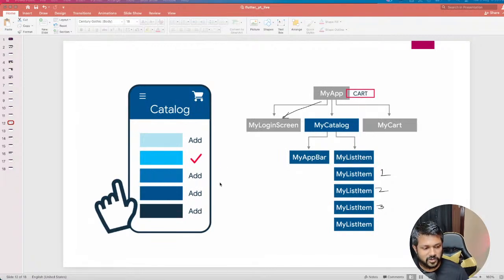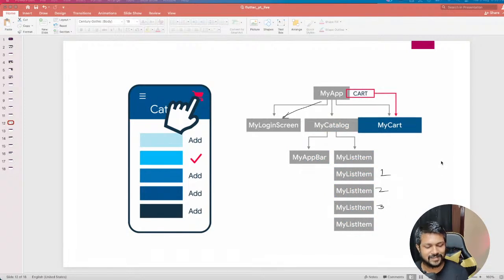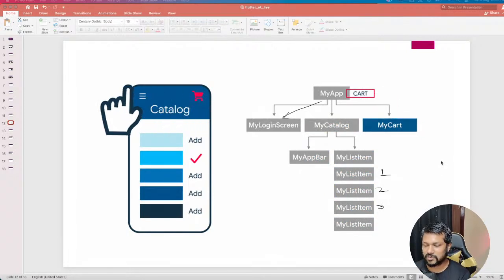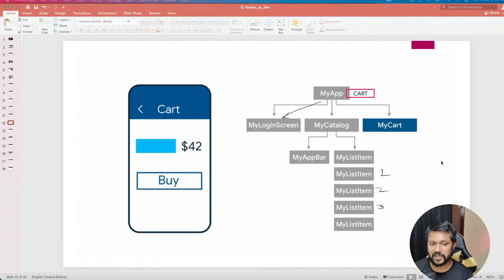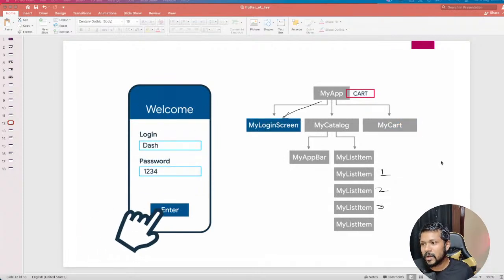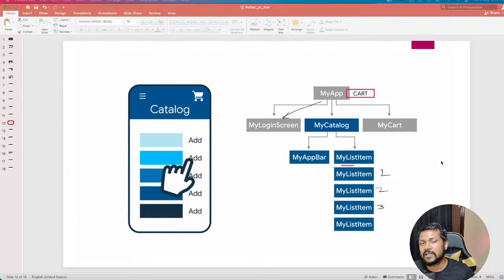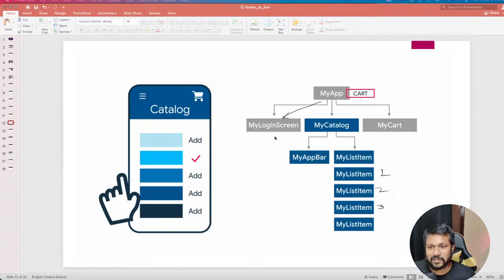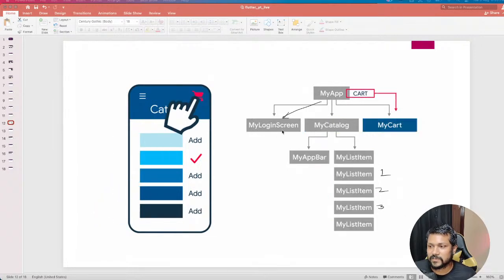All right, so I just wanted to show you guys this simple GIF. It's something that I took from the internet, not something that I created. It's a very good example of how Flutter as a framework creates the widgets. Now, this is something that I've been saying. So if you see here, if you click on this My Cart button,